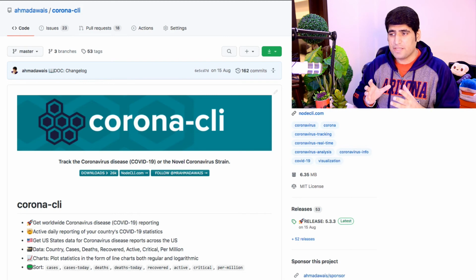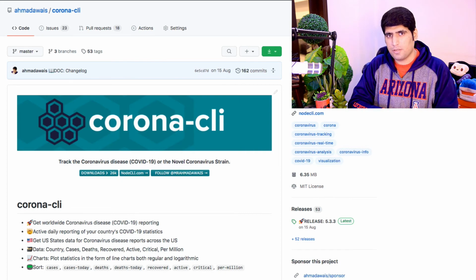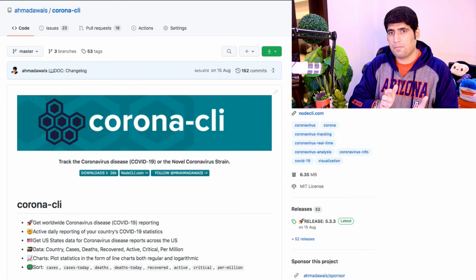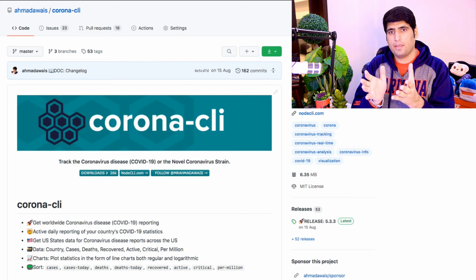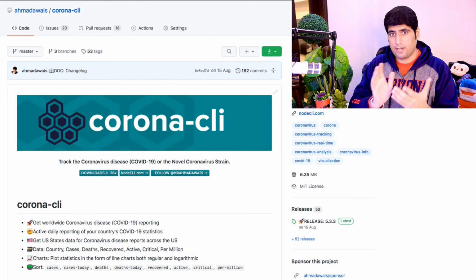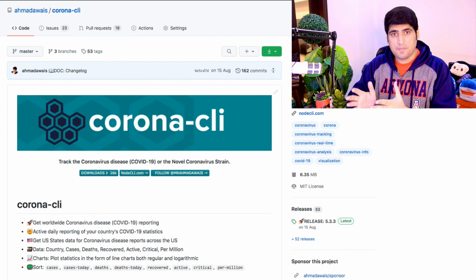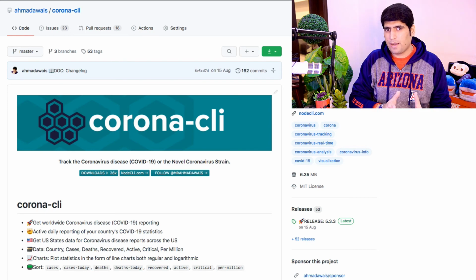All of the collaboration that helped me make Corona CLI what it is today would not have been possible without GitHub and npm. GitHub helped me collaborate with tens of different developers, helping me improve and introduce new features to the COVID-19 Corona CLI, as well as npmjs.com, which helped me distribute this piece of software to tens of thousands of developers out there. I would also like to thank Google Cloud Platform for enabling me to provide this data with less than 100 millisecond response in a completely free and generous package throughout the world.